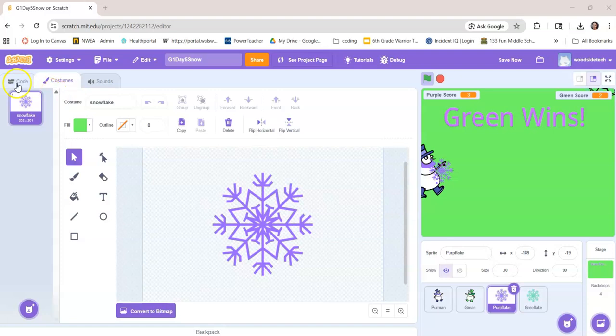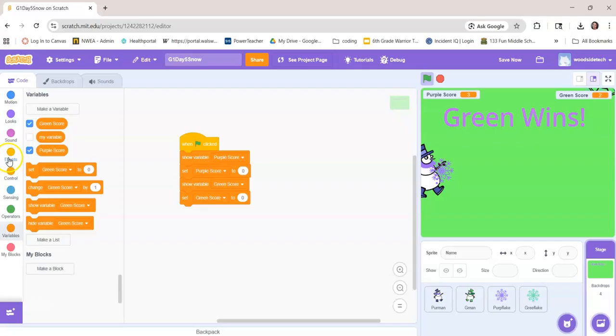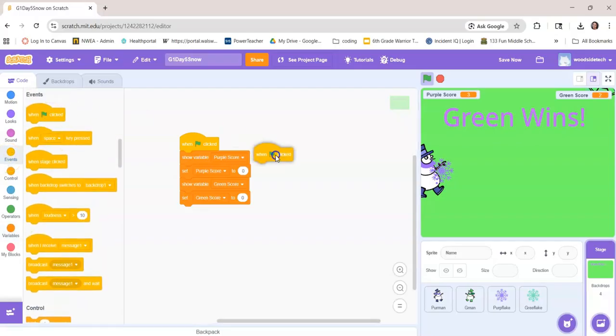So now I can go back to where I was actually writing the code. And now I can say that when green flag clicks, and I'm just going to put it on the stage because it doesn't apply to any particular sprite, so it doesn't matter. I'm going to say that when green flag is clicked, forever if,